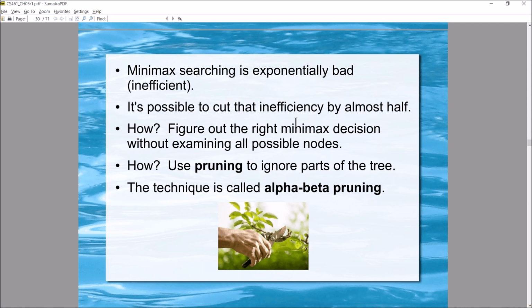If you can do that, then you can eliminate potentially whole subtrees from the search tree. The more nodes you eliminate from the search tree, the fewer nodes you have to create, the fewer you have to examine,